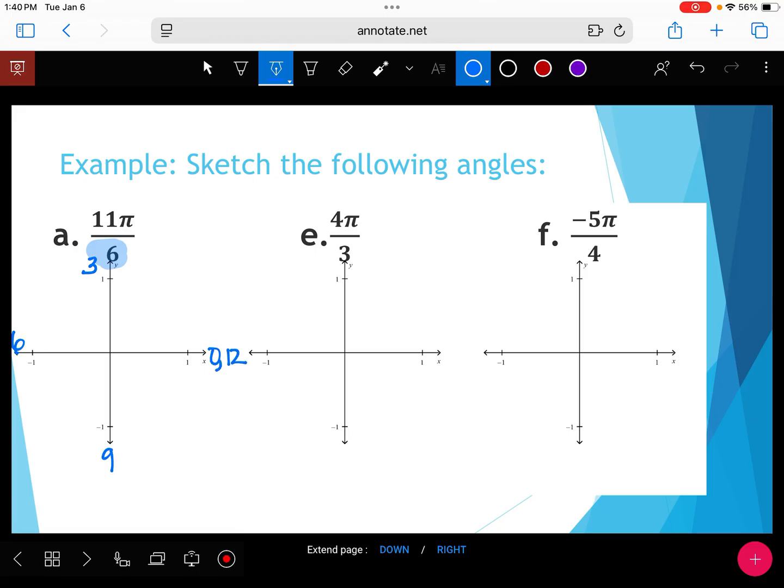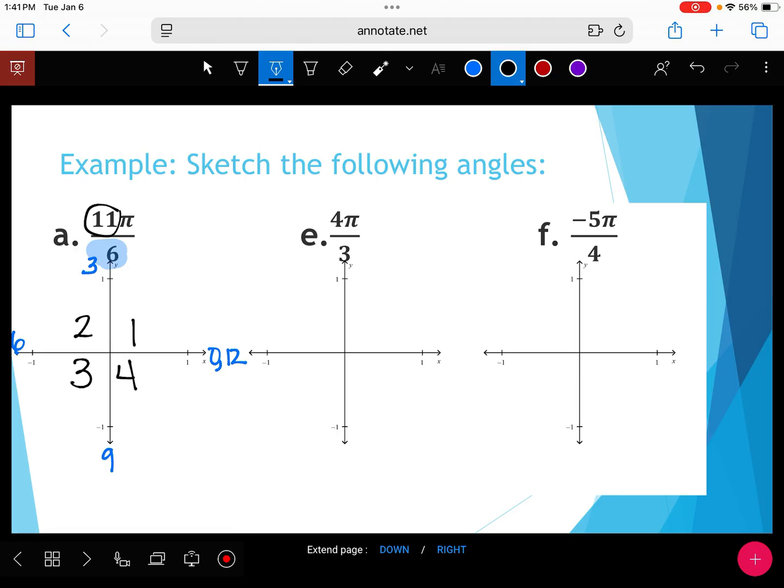Now, I didn't write it as a fraction. All of these are over 6, but I'm just not writing that. So what this really is, this 3 represents 3 pi over 6. And this represents 6 pi over 6. And this is 9 pi over 6. And this is 12 pi over 6. I'm just not writing that. All right, so now that we have that labeled, keeping in mind that my quadrants go this direction,